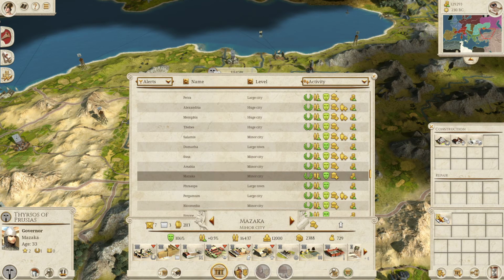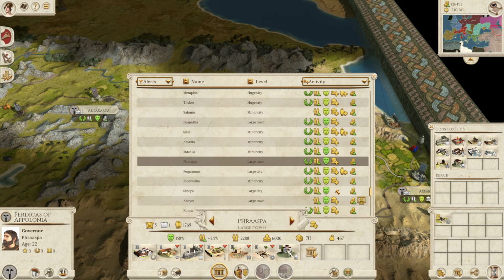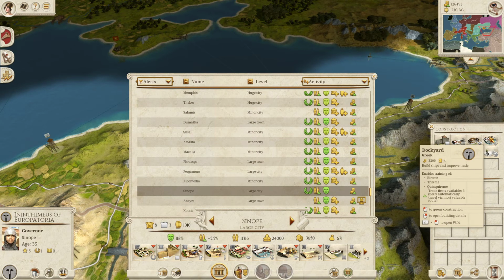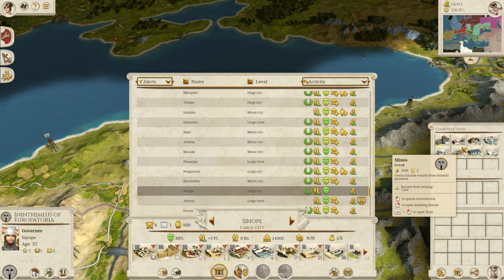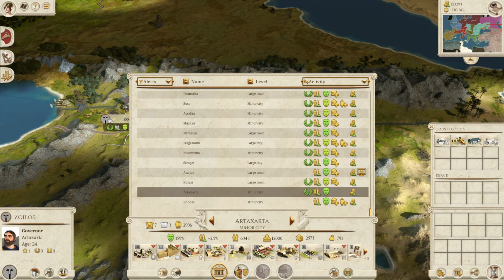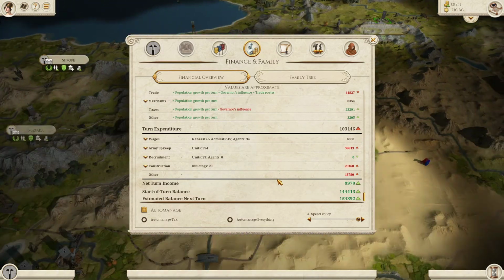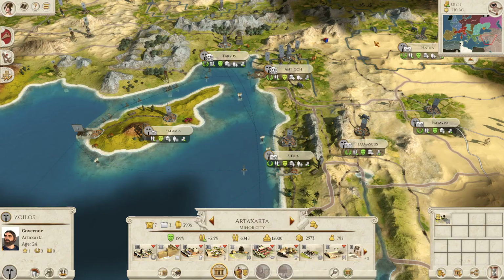Mazakia, let's get you... Ah, fuck it, you know what? Let's upgrade you. Why not? Up here, Rhodes, for the love of God. Up in the north, up in Sinop, just get me some more trade. This bad motherfucker, let's get you a crop rotation. Like, we're barely able to... Oh, what the fuck is...